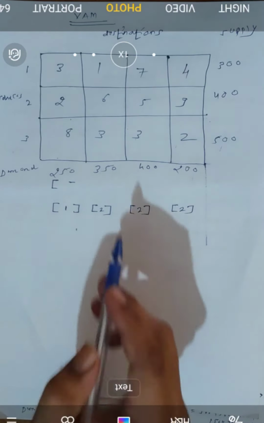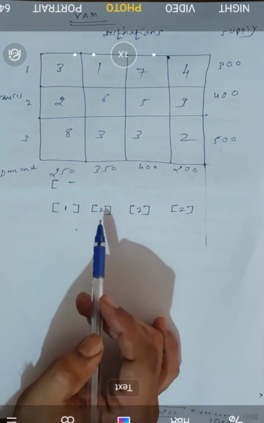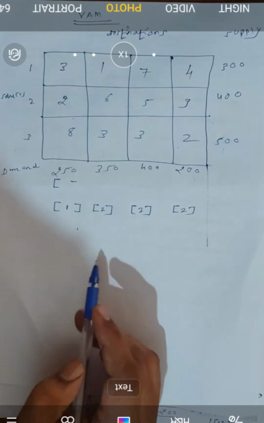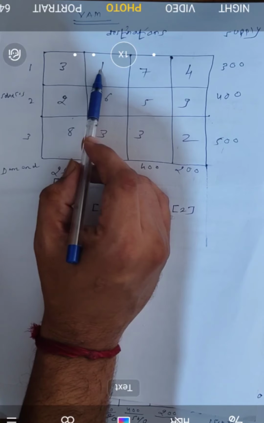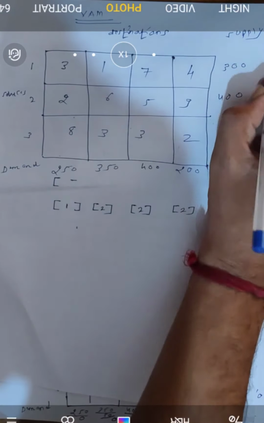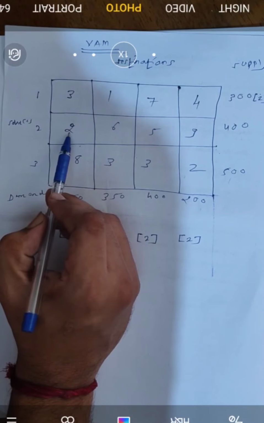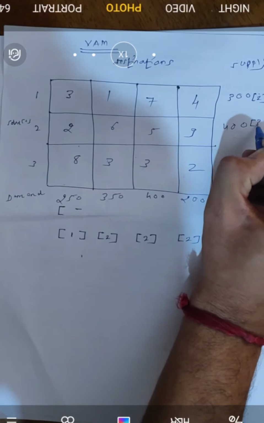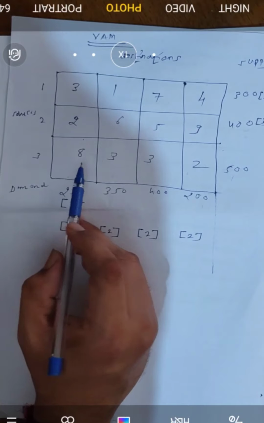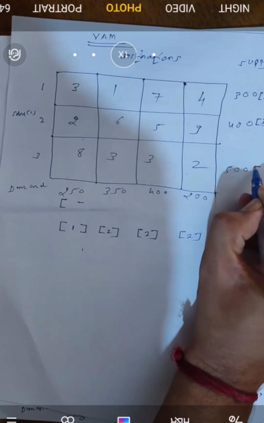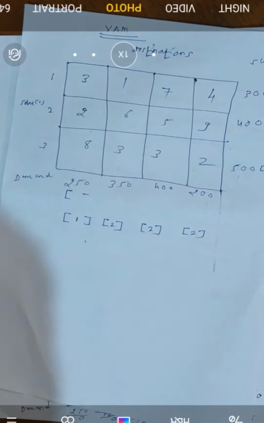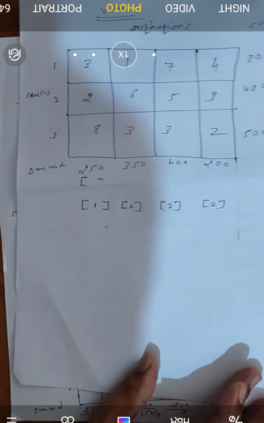Now again we have to calculate the same least elements and differences for rows also. In the first row the first least element is 1, the second one is 3, so the difference is 2. So I am going to write 2 here. Now in the second row the first one is 2, the second one is 5, so the difference is 3. And as far as the third row is concerned, the first least element is 2, then 3, so 1. So what have we done? We have found the difference between the least two elements and written it. Understood?